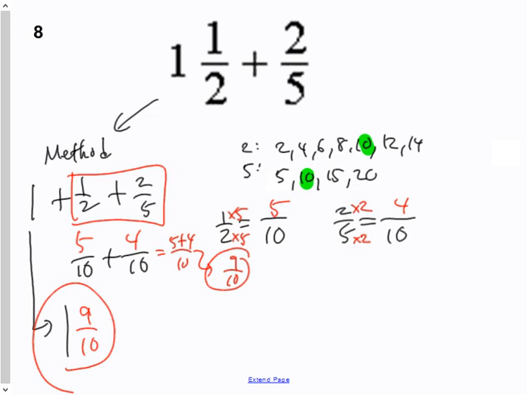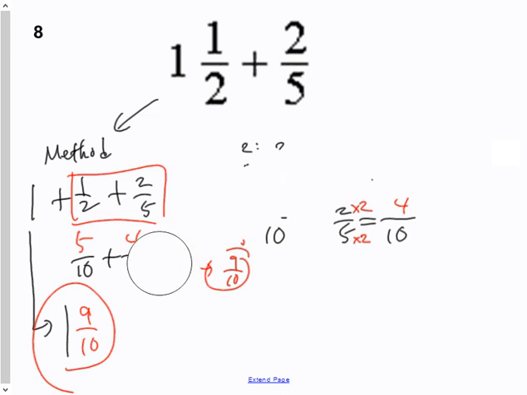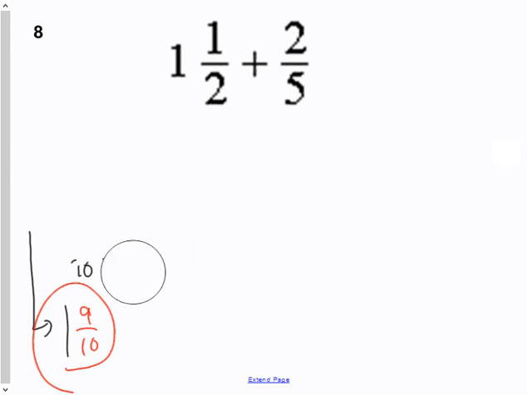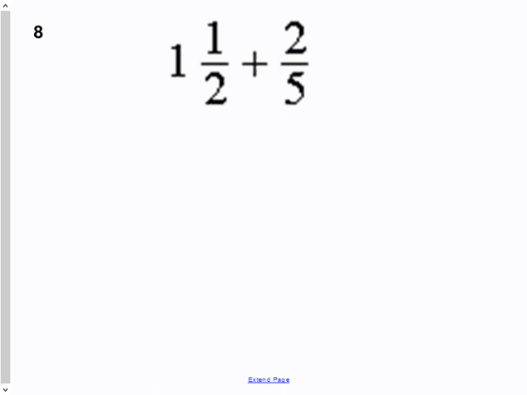I know that's a lot of work, and this is one of the harder ones we would have done in class, but hopefully you were able to follow the idea of what it was we were doing. And there was a different method we used, and I'll show you that right now. So if you haven't copied this down, press pause and copy it down, and I'll erase it right now. The second method we learned was that you can change 1 1/2 into what's called an improper fraction, right? Because 1 1/2 is called a mixed fraction because it has a whole number and a fraction to it. Well, we can change it to an improper fraction.